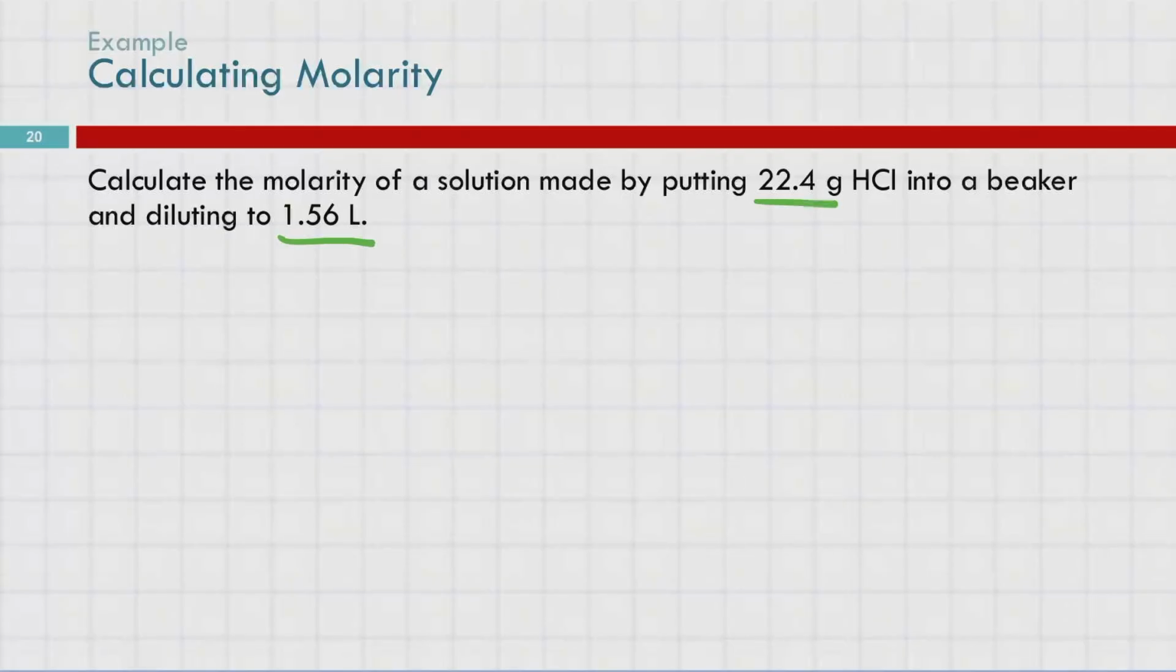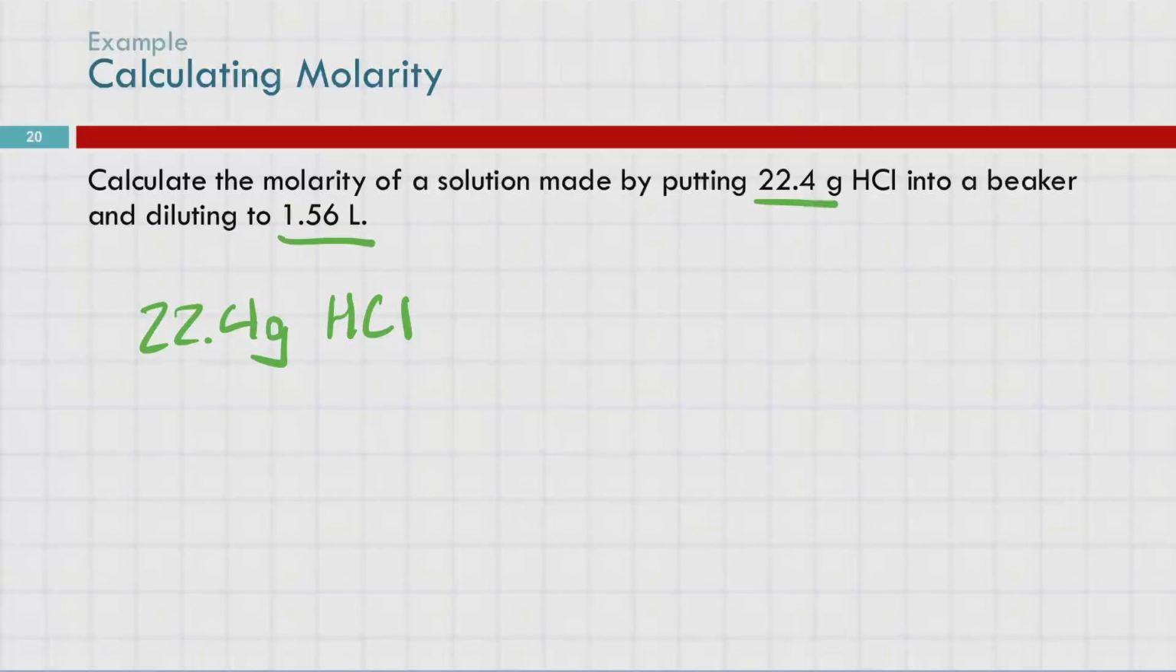Because it's something we can measure. HCl is a bit of a weird one, but sodium hydroxide comes in solid pellets, so you can easily measure out a solid pellet on a balance. You can't as easily just get the number of moles magically. So we'd measure out the grams. We've got 22.4 grams